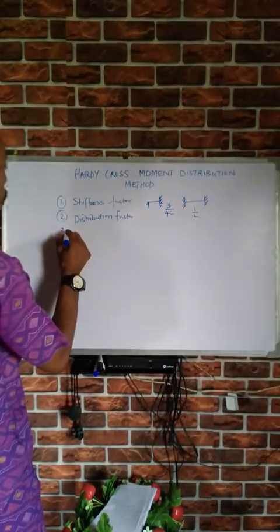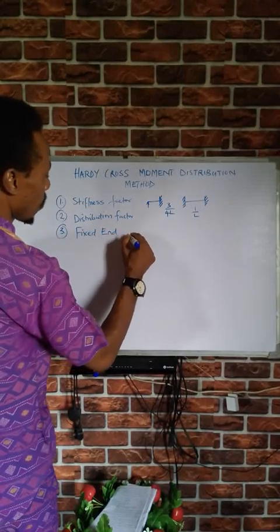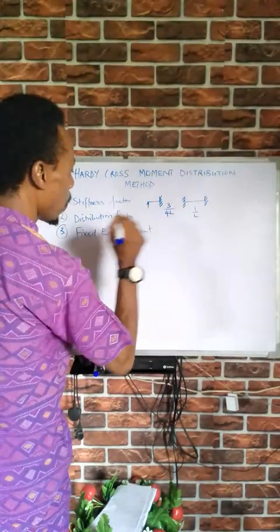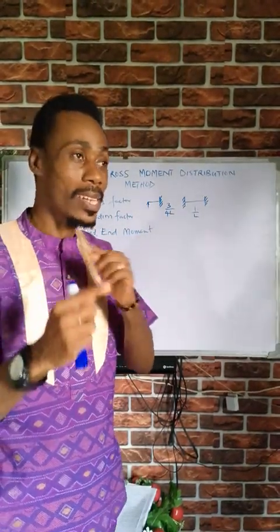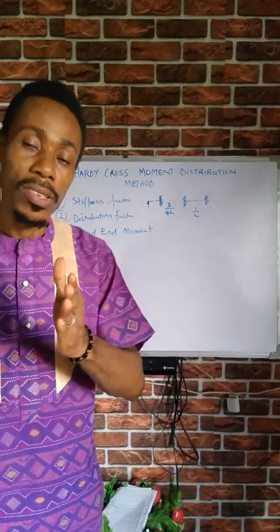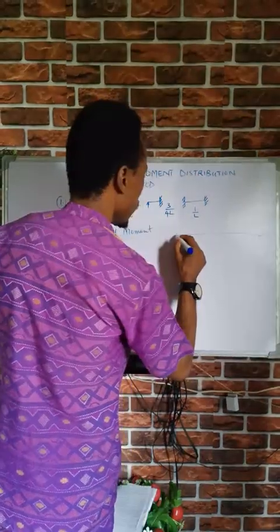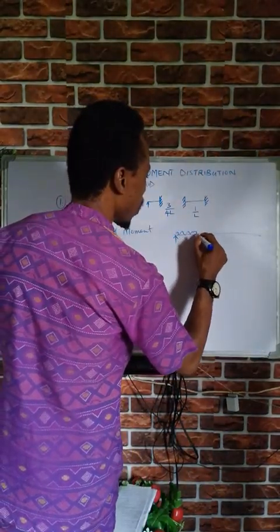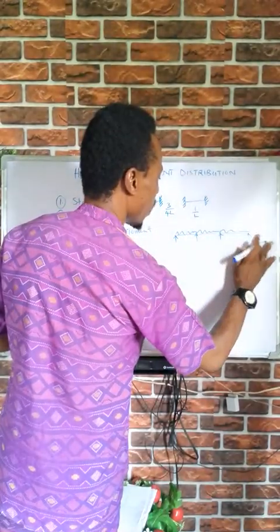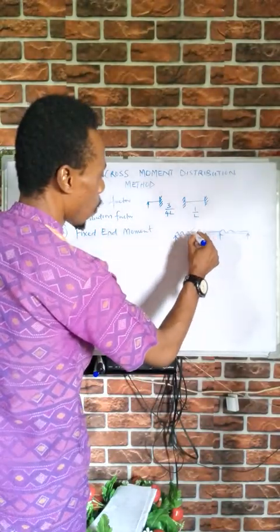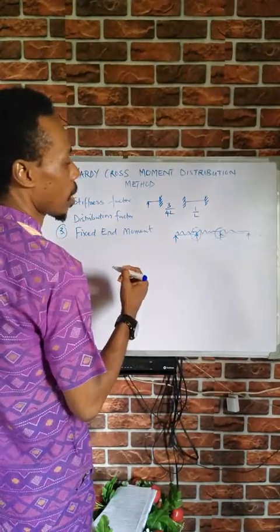Then the third one is the fixed end moment. Understand that we need to know the moments that are generated at every point, every joint, every support. For example, if we have a beam of this nature, we understand that at this point, something is happening here. At this joint, the support, something